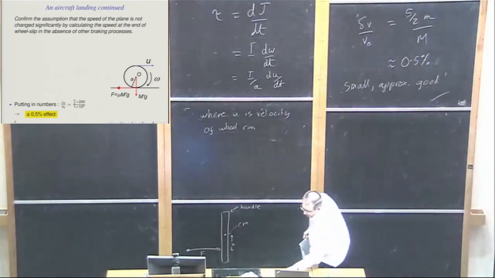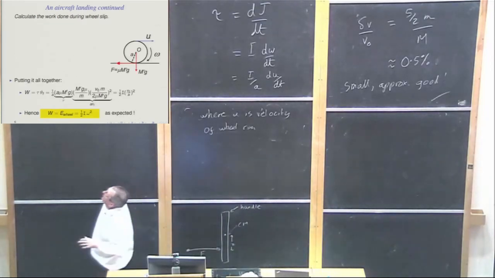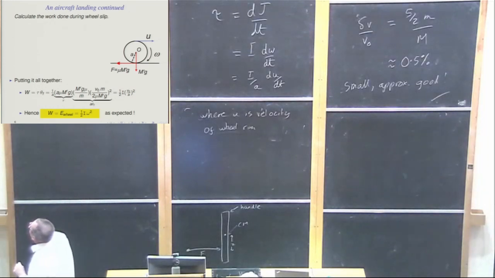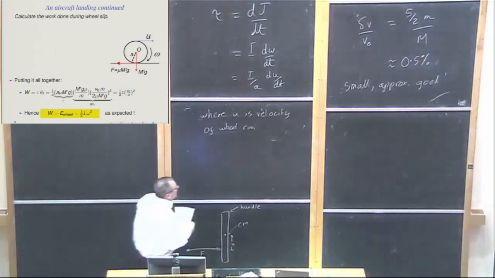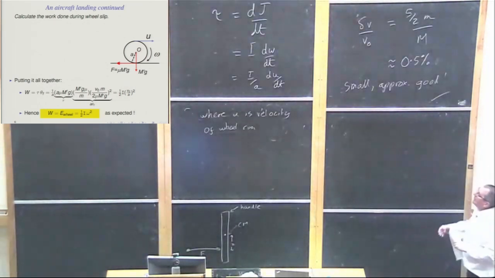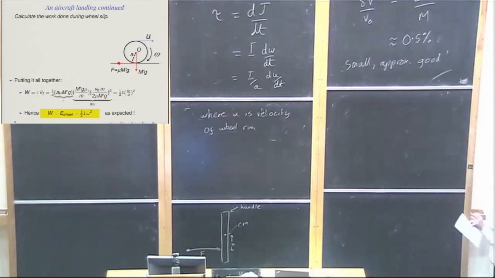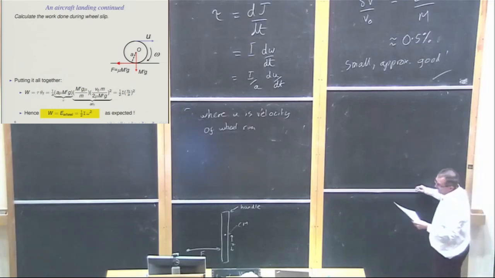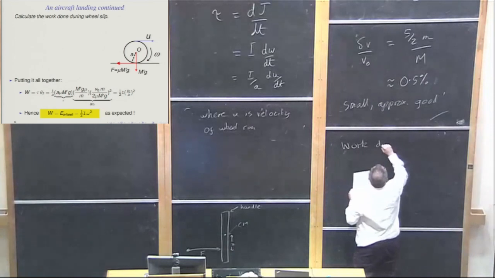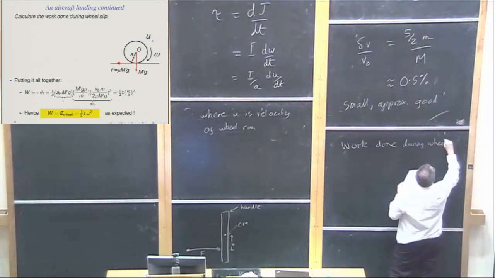So there's one final thing I want to do in this problem, which is calculate the actual work done during the wheel slip. And if you're still awake, the actual answer we end up with should be obvious, but, not to give a spoiler to those who can't see this, let's see if we do get the answer we expect. So the work done during wheel slip, and this is a good exercise because